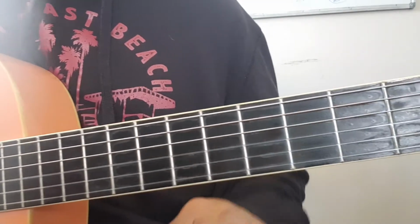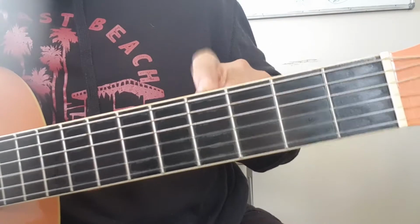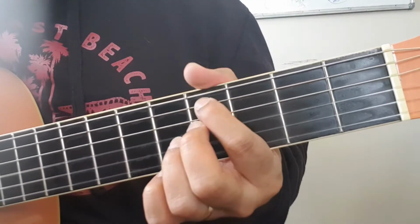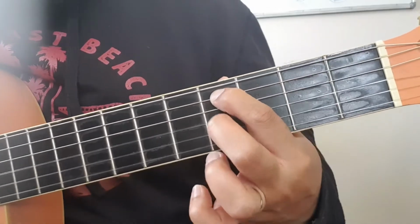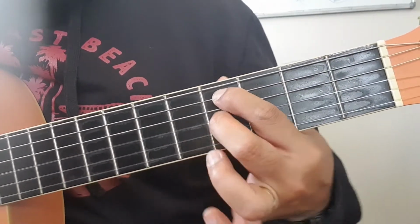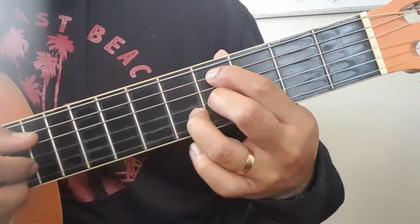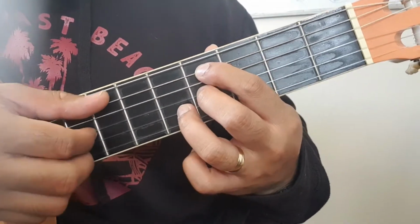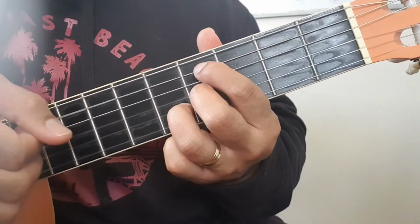So for the first part, what you want to do is go to the 4th fret. You want to put your index finger right here, your middle finger on this string here, and your ring finger here. So what you're going to do is play this string, this string, this string. So, first chord,